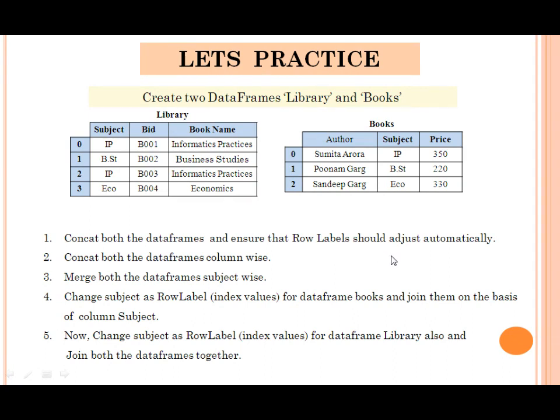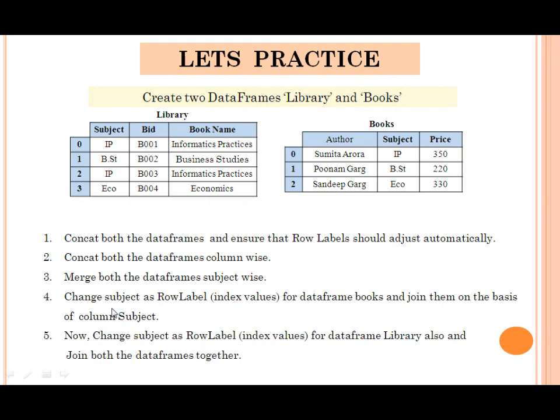So you have to concat but take care of the row labels, remember? Second question: concat both the data frames column wise. Concatenation column wise. Clear? Now third one is merge both the data frames subject wise. You have to merge them subject wise because subject is a common column in both the data frames.